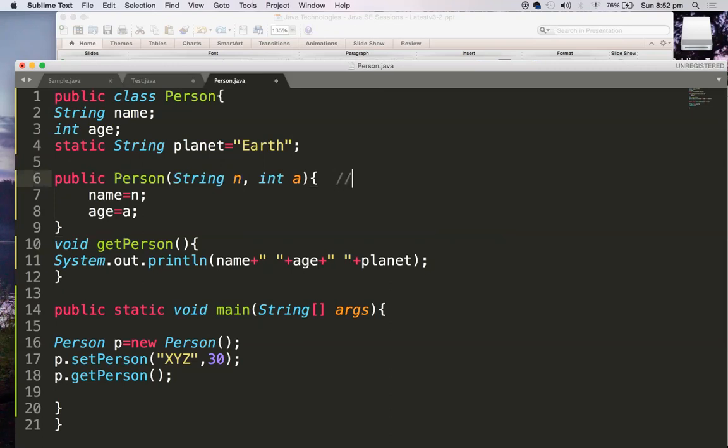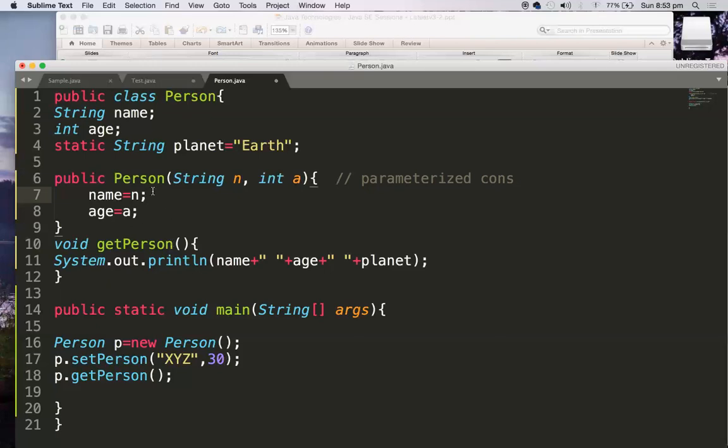So now this is a parameterized constructor, right? It is taking two parameters, two local variables. It's just like a method, assigning a value to the name and age of this particular person. So whenever this constructor is called, what happens? This constructor constructs the Person object with default values, initially name equal to null, age equal to 0. Later, during the bytecode execution of this constructor, this n, the local variable, whatever is passed, will be assigned to name, and age, whatever is passed, will be assigned to age. So in fact here the name is XYZ, age is 30. These are going to get assigned.